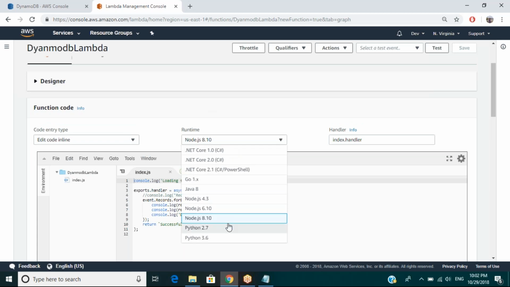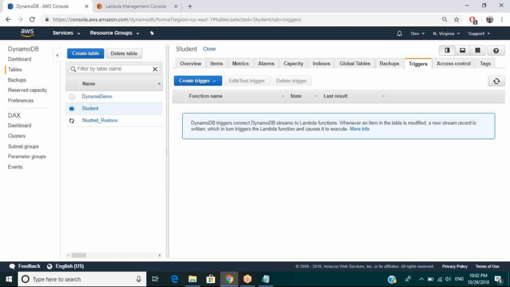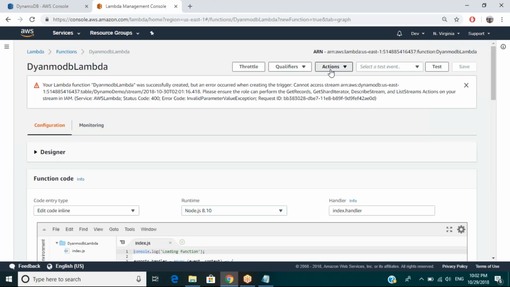You can use it actually to make inserts into your DynamoDB. You can integrate with it, or you can also use it with one of the events. So if some event happens, based on that event you can put an insert into the table, or you can delete something from the table. That's something you can do using your DynamoDB triggers. Okay, so that's what we have created as of now, and you can later integrate it when you wish to do it. For now,